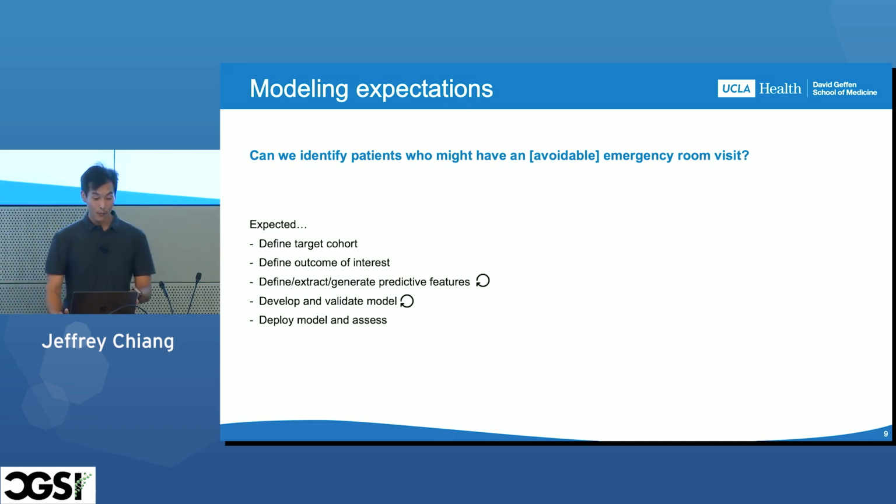Okay, so to develop one of these models, we, as more the modeling group here, might be approached by a potential collaborator. Our expectation is that they might have a very well-defined target cohort of interest and an outcome of interest that they want to model. Maybe we might have to work together to come up with the most predictive features to predict this outcome of interest, and then we'll go through a few iterations developing and validating this model, and then we can deploy and everything's fantastic. In reality,